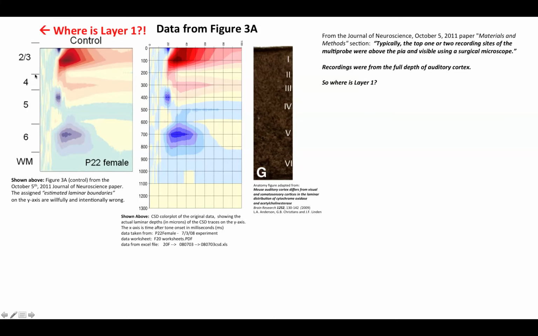When they draw this line, they're saying that this is their measure for layer 4, which is at a depth of only 200 microns, which is layer 2. It's just incredibly shallow. And again, this is a failure to use Occam's razor. What's the simplest way to account for this data? The simplest explanation is that this is a layer 1 sink. That's a much more straightforward hypothesis than positing that layer 1 of cortex is above the surface of the brain.